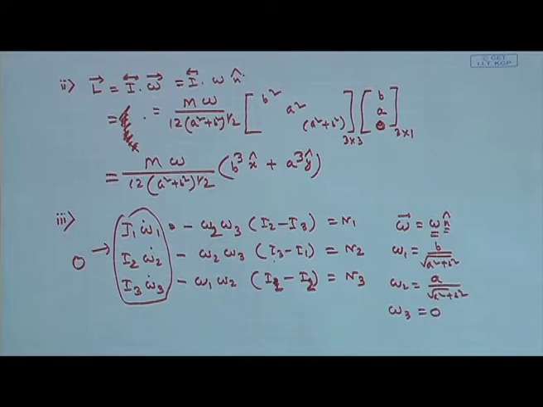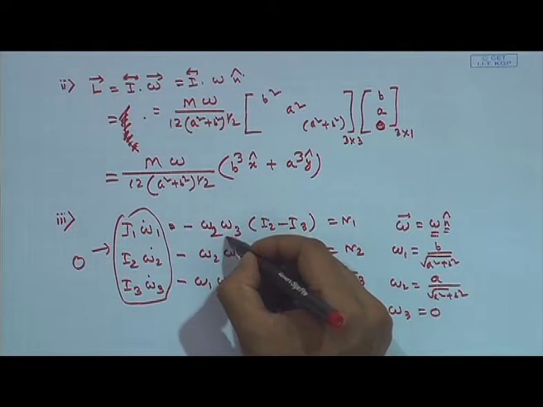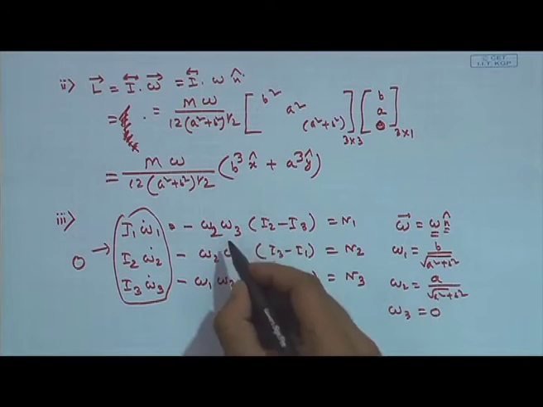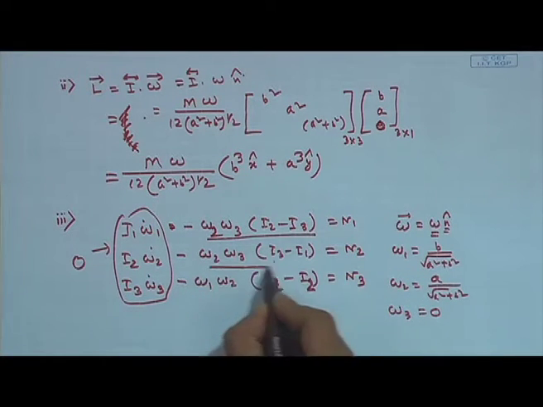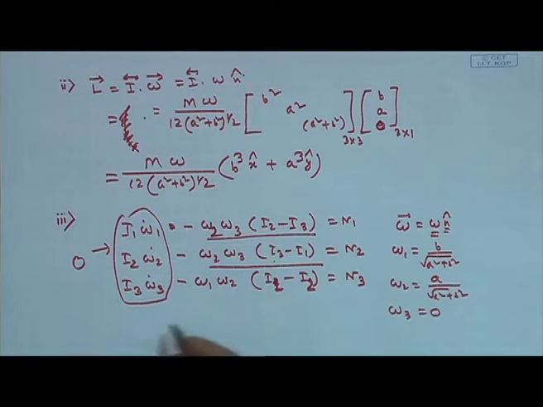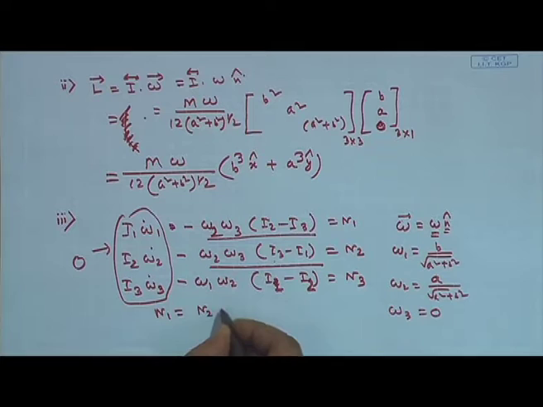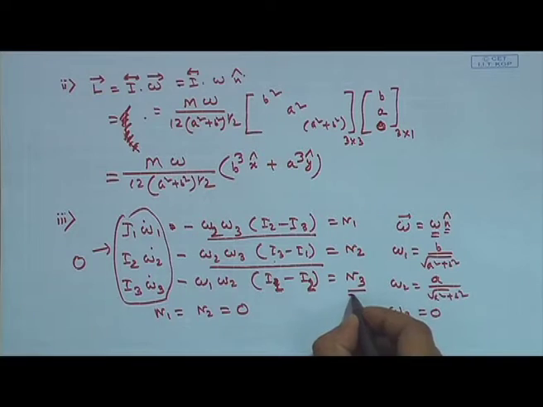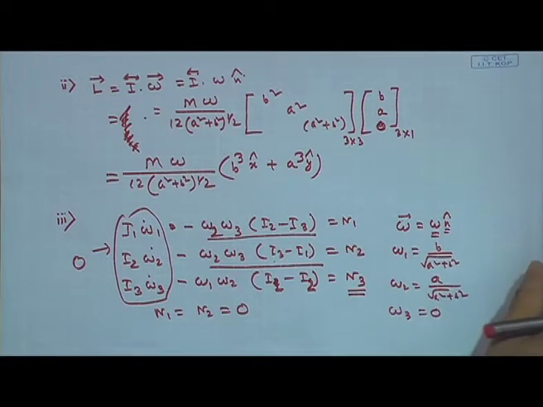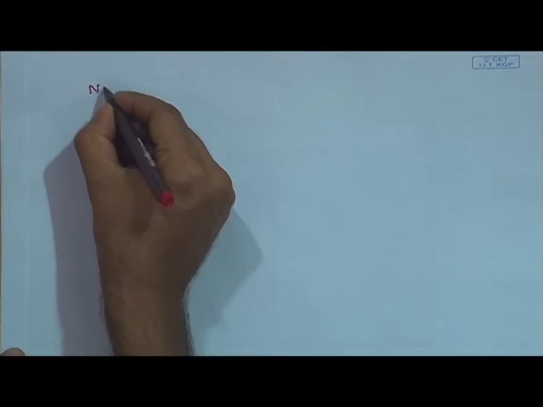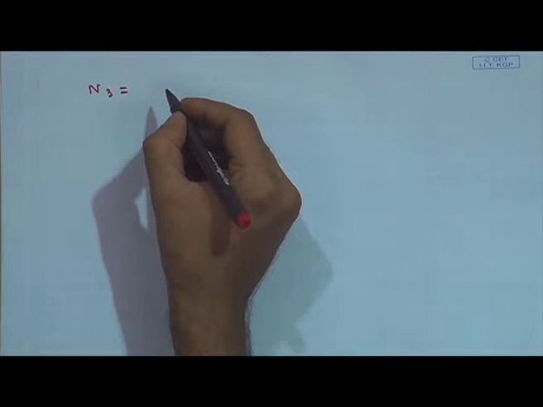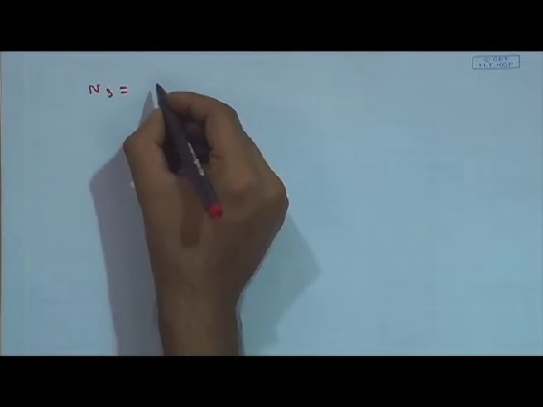So if omega 3 is equal to 0, then if we put it in these equations, this term also vanishes, this term also vanishes. So without solving anything, just by looking at it carefully, we see that these terms vanish. So we get n1 equal to n2 equal to 0. So the only remaining equation is n3. For n3, we just have to write out the expression by putting in the values of omega 1 and omega 2,